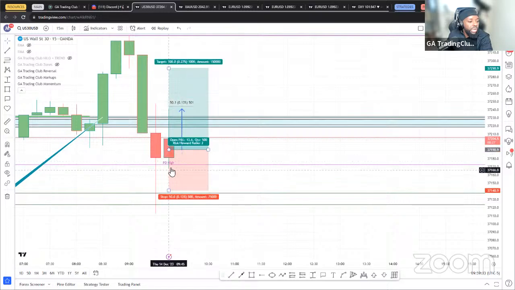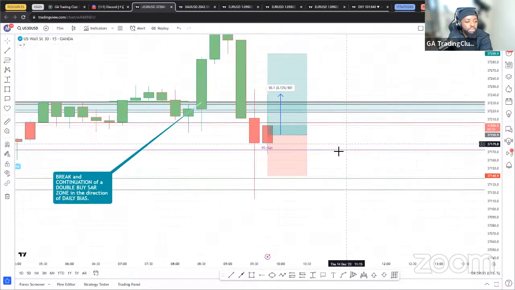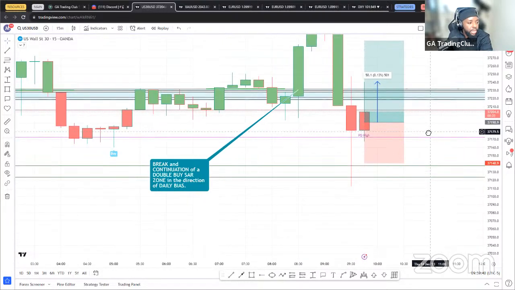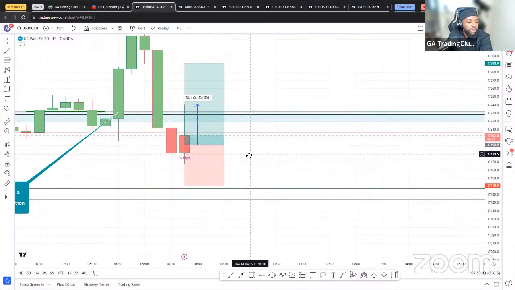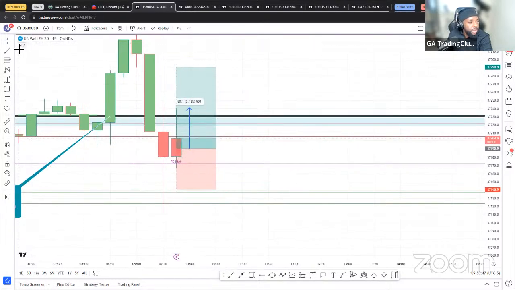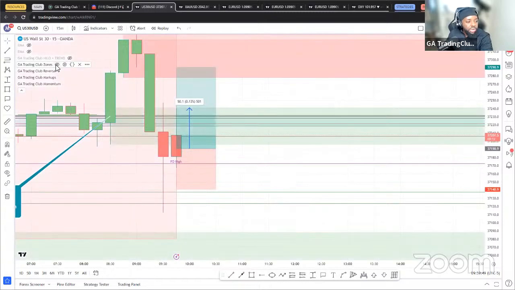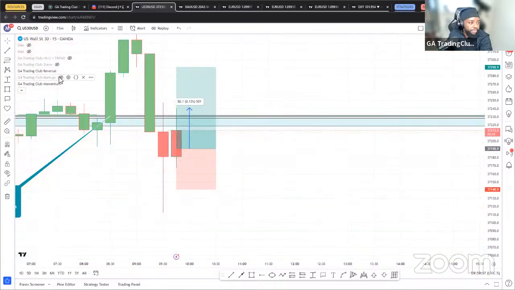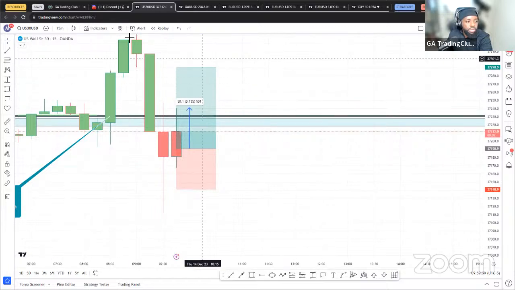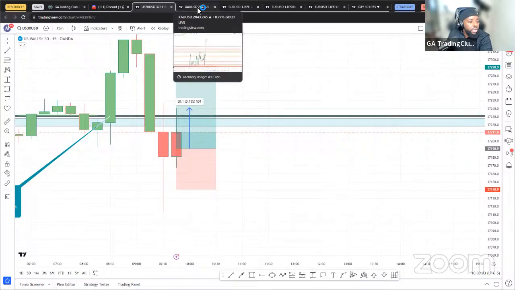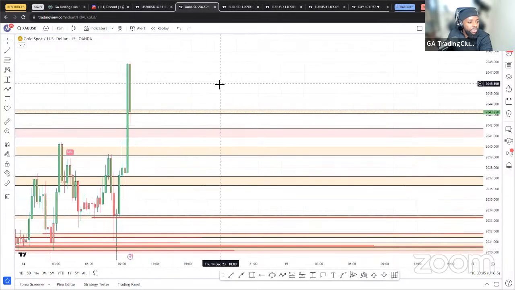So the area it's rejecting from here at the bottom, this was the previous daily high. So this was Monday's high yesterday. No, I'm sorry, not Monday. Wednesday's high. Looking at the zones, okay, this is good. We do have some buyers sitting here. So this should go to TP. So we should be good with that, hopefully. All right, if you guys have any questions, feel free to ask.